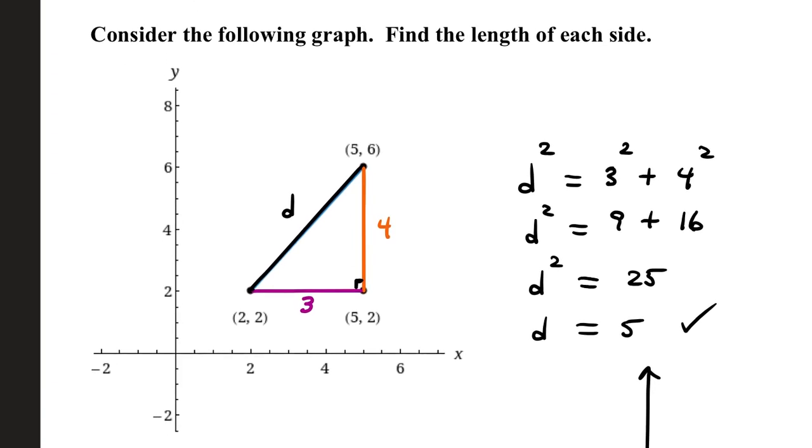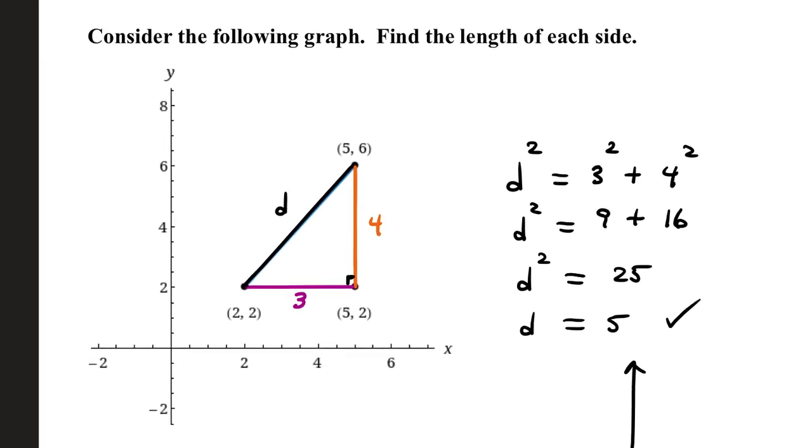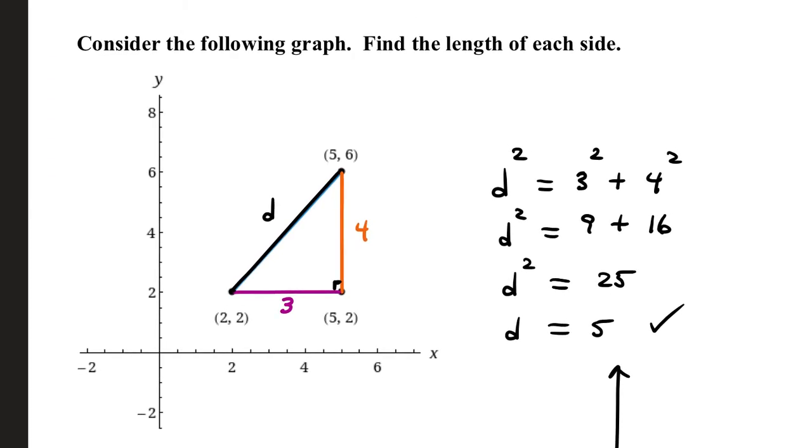Okay, so now where this ties into the Pythagorean theorem is, suppose I have 2 points. One of them is (2, 2), and the other is (5, 6). And I want to know the distance between those 2 points. Well, I can create a right triangle by going directly across from the lower point and directly down from the upper point. So what that will do is if I go straight across,